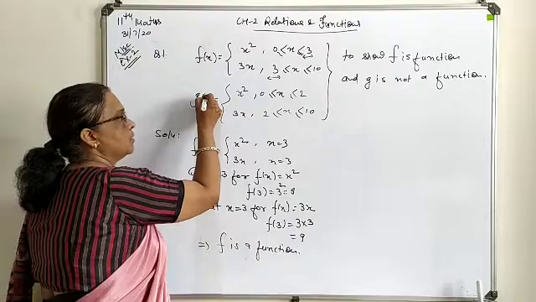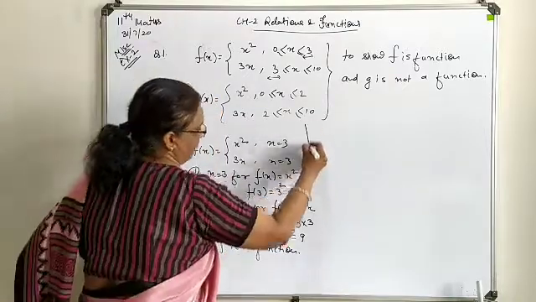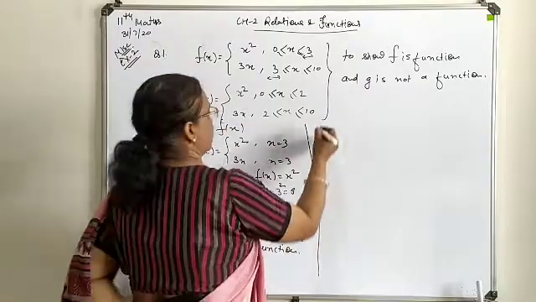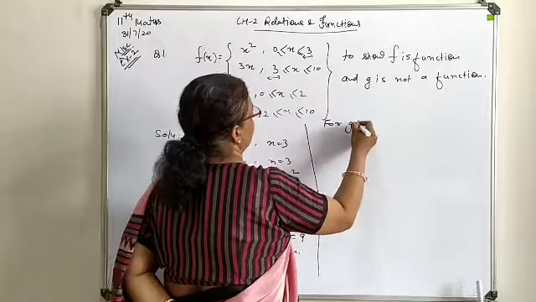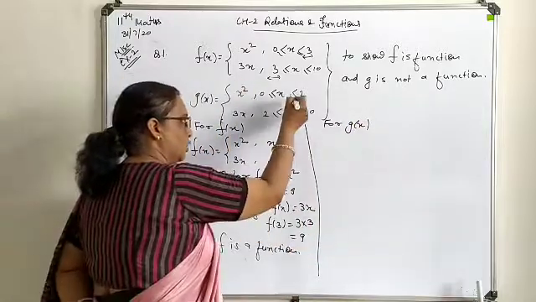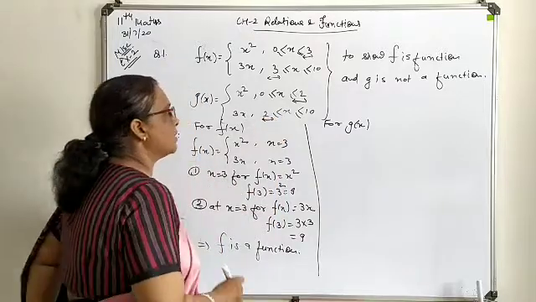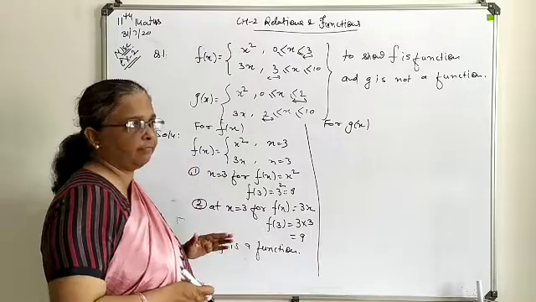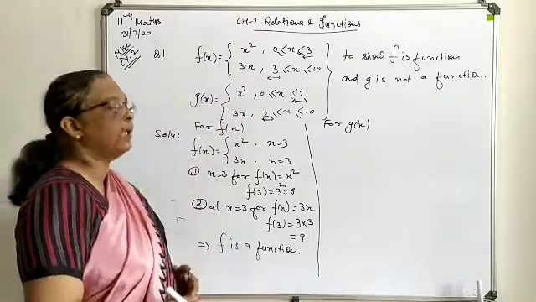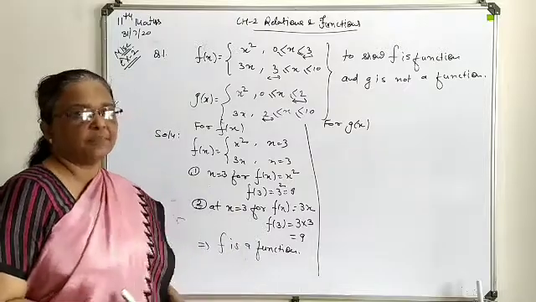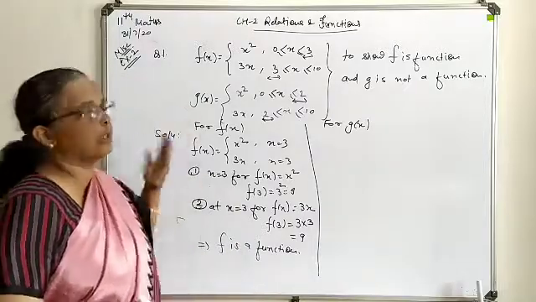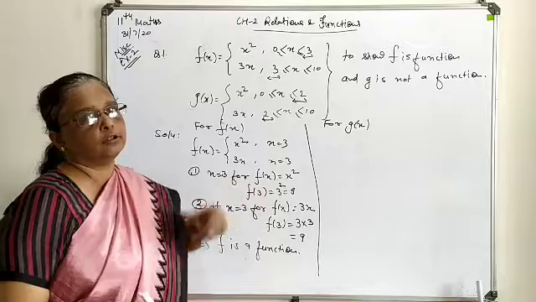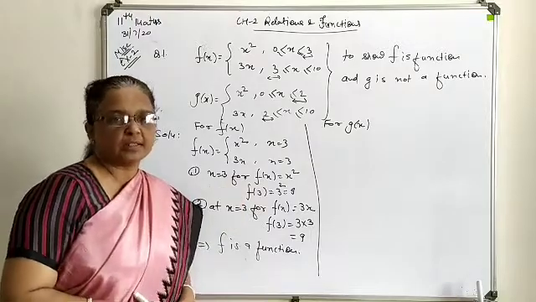Now come to the second relation, that is g(x). That was all for f(x). Here 2 is the intermediate number, common to both ranges. So at x equal to 2, we will find the values of these two relations. If these two values come out the same, g is also a function. If they are distinct, one value is mapped to two solutions, which is not the criterion we discussed for a function.